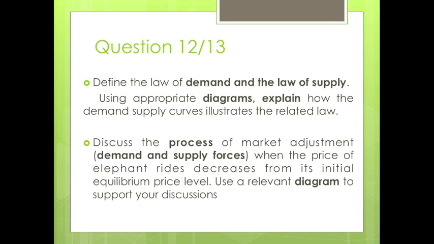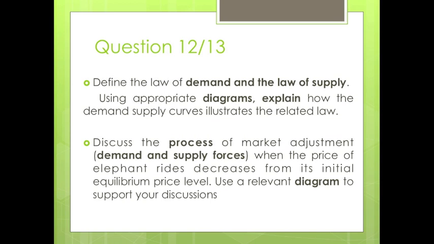Demand, supply, this is your P0, this is your P1, this is your P2. At P2, here we have surplus of supply, right? And here we have shortages. Remember this diagram? So you have to explain the whole thing. Once you have already explained the whole thing, have you answered the question? Not yet. Because the question clearly says, when the price of elephant wine decreases from its initial equilibrium price level, right? Use a relevant diagram to support your discussion. So now you know your current equilibrium is P0 and Q0. Now when the